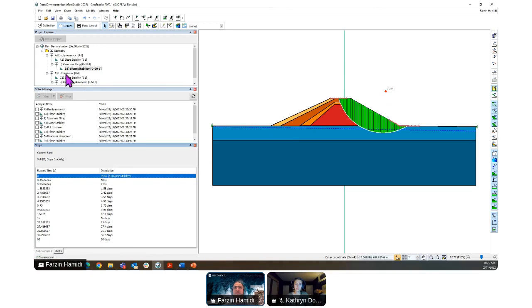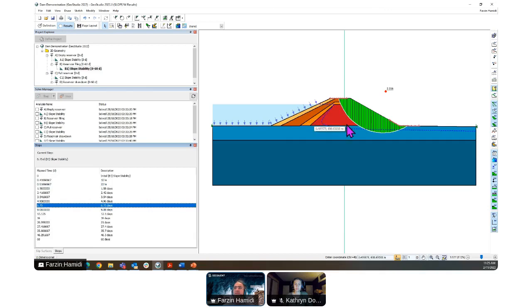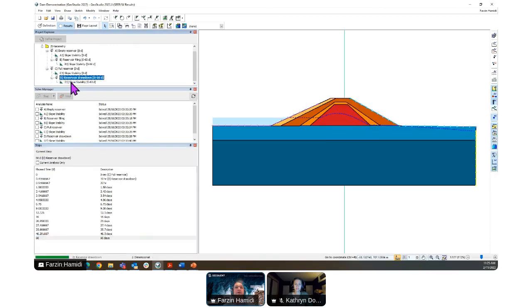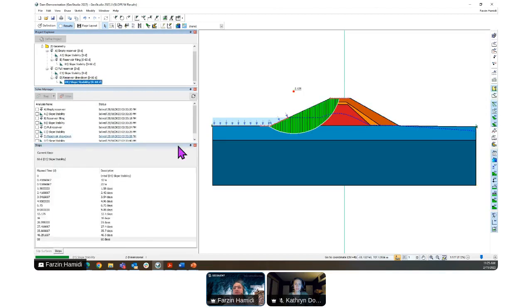This is the factor of safety, and as you can see, as we increase the water level, the safety factor is reduced. It didn't change until the point that the water level reached this one, and you will see the change in these slices, the base of the slices. Something similar happens when we do the drawdown analysis. This time we did it for a different side of this reservoir.